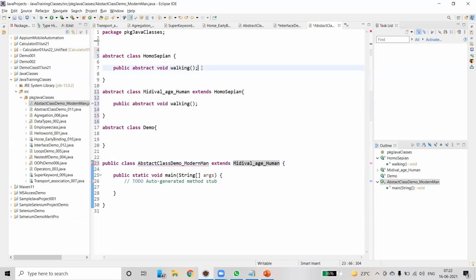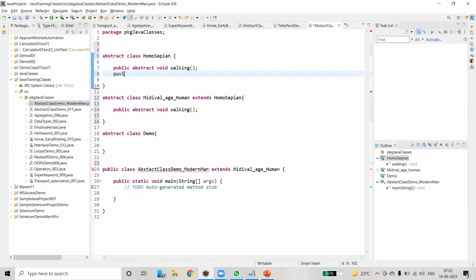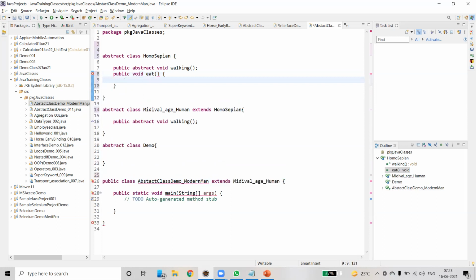As we said, we can also have a public void eat. System.out.println eating mechanism of old or ancient man.